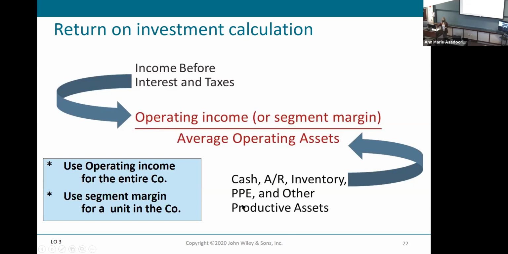The other thing I want to know about these average operating assets is that they should be your productive assets. So when I'm looking at productive assets, may not be every single asset I own. If I own a building, but I'm not using it myself to generate this income, I'm renting it out to somebody else, then that would not be a productive asset. I'm trying to figure out the income that is generated from the assets that I'm using to generate that income. Right, does that make sense? Okay. All right,